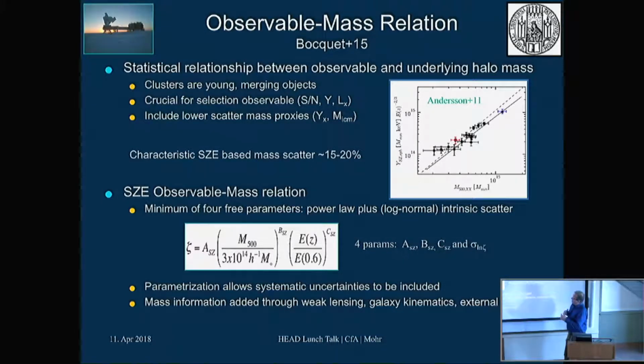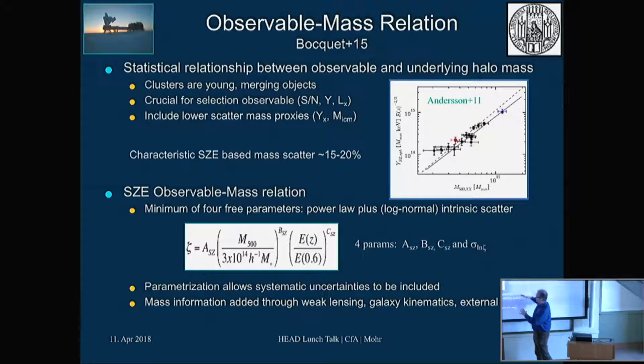A nice thing about this observable mass relation is we calibrate it empirically. It's consistent with the data. You can see here's just an early subset of the data where we plot Y_SZ versus M500, and you can see that there's at least a reasonably nice relation. When we calibrate this empirically, we get best fit parameters, but we also get a range of parameters that are consistent with the data. And so when it comes down to studying either cosmology or the scaling relations, like I'm going to show you today, we can marginalize over these uncertainties and effectively include the systematic uncertainties in our analysis. Okay, so that's nice.